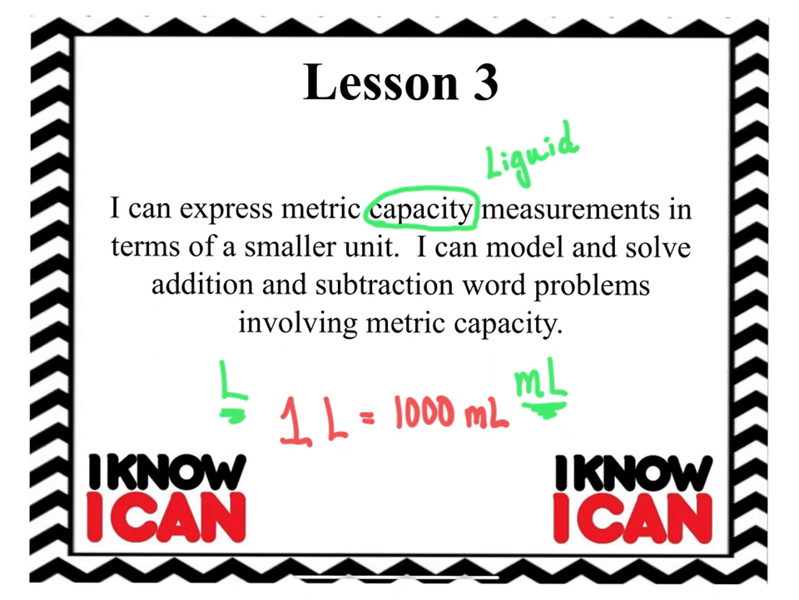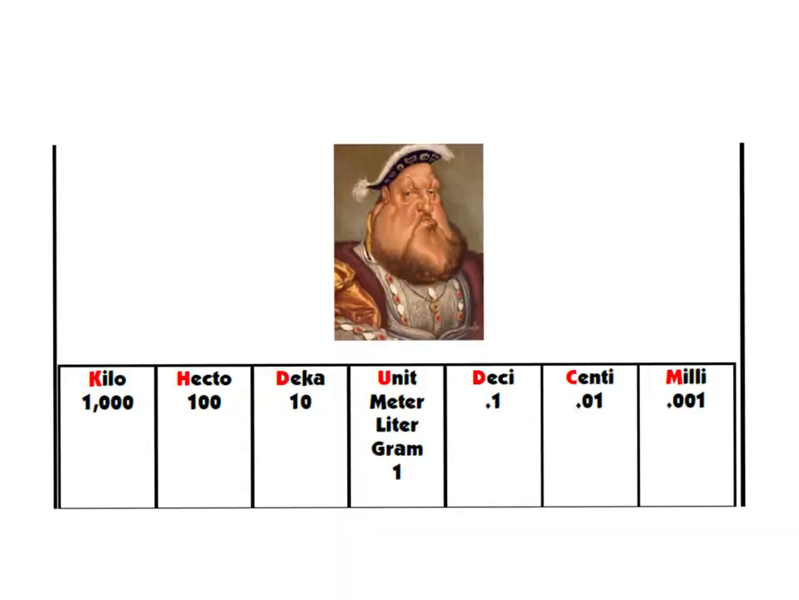Have some fun with capacity. All right, I'm going to show you again that wonderful diagram that explains the different parts of the measurement. We have kilo is king. Henry doesn't usually drink chocolate milk. So each of those red letters represents the kilo, hecto, deca, unit is the base unit, meter, liter, and grams, deci, centi, and milli. Again, meter is measurement, liter is the capacity, the liquid, and the gram is the mass,